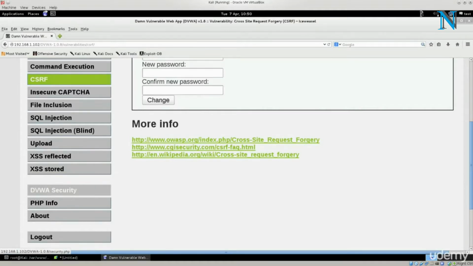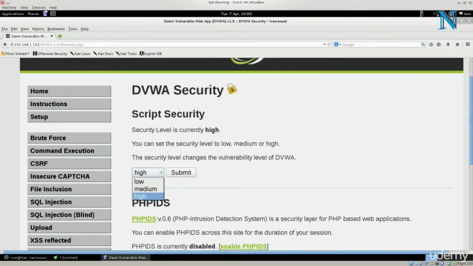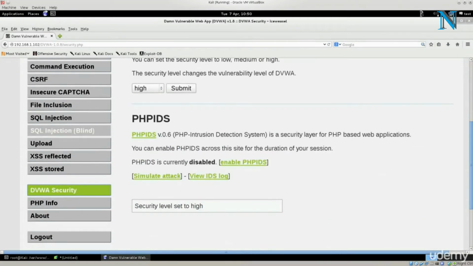And down below you have DVWA security, so go ahead and click on that. You are able to set your security level of this web application in general, so it can be low, medium, or high. I would recommend that you go with high, primarily because that's going to reflect the real-time circumstances to the greatest degree. If you go with low, pretty much everything you do, it's going to fly, which is not the case in the real world. Anyway, now that it is set in high, click on Submit to remember changes, and go ahead and click on